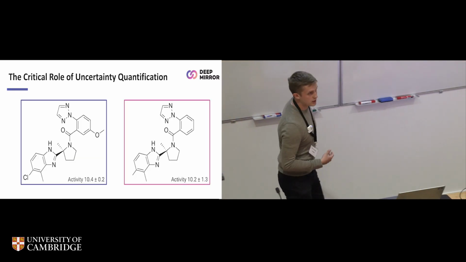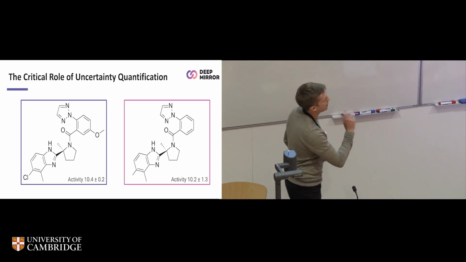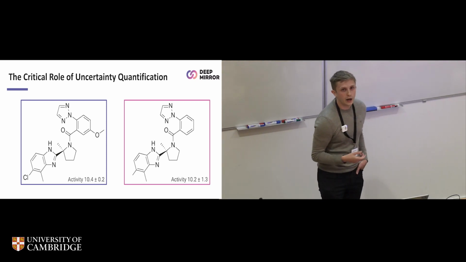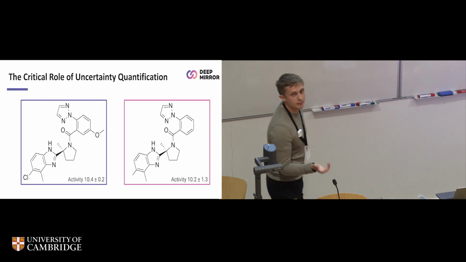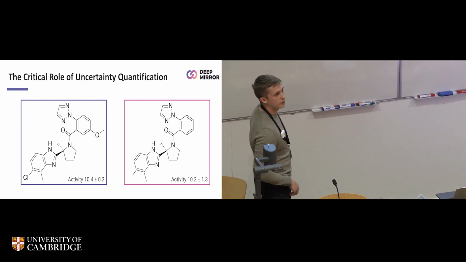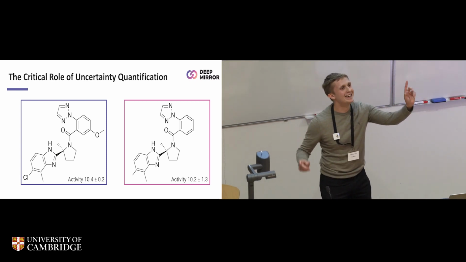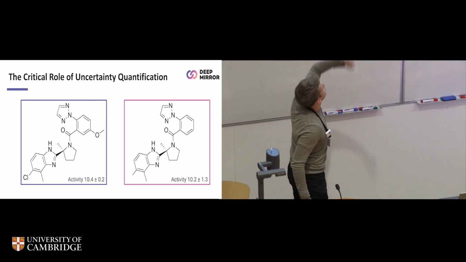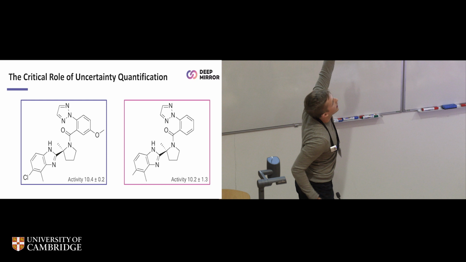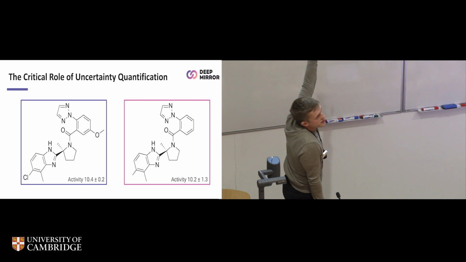So I have two molecules up here, and they have very similar activities, but they have a different standard deviation. So does anybody in the audience want to make a pick? Say you're trying to maximize activity. Does anybody want to take a pick on a molecule that they would go for? The one on the left. Why? What's good? Wait, one at a time. I think it might be the chlorine as well, because of molecule activity. Okay, but why would you pick that molecule instead of the other one? Okay, so because there's more confidence,